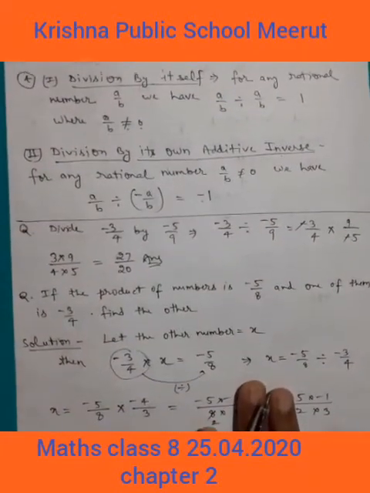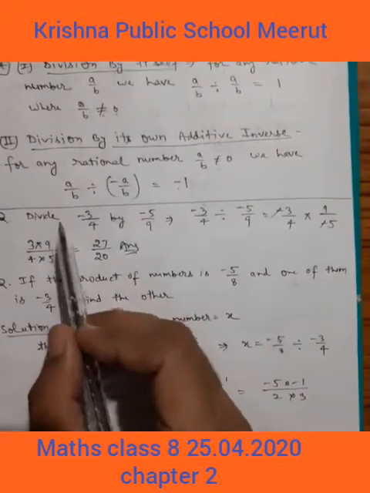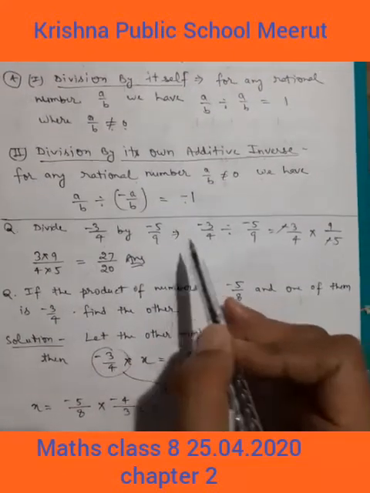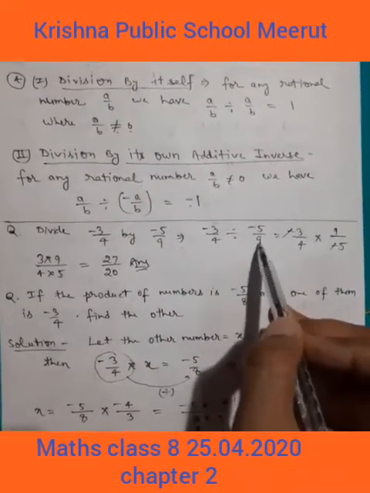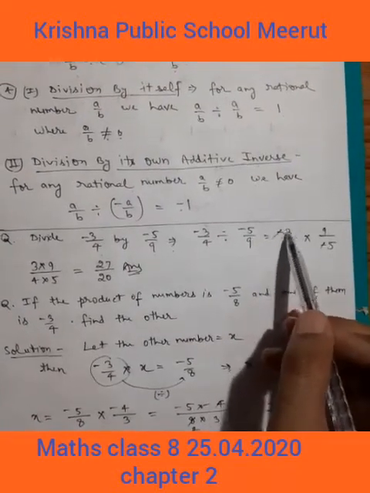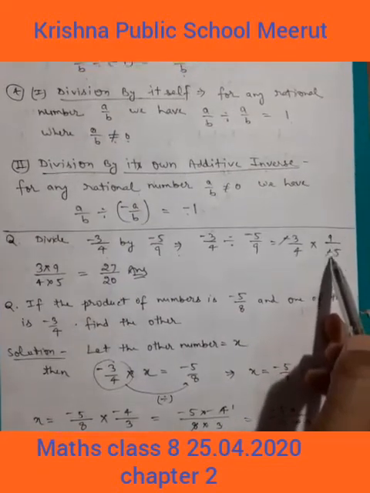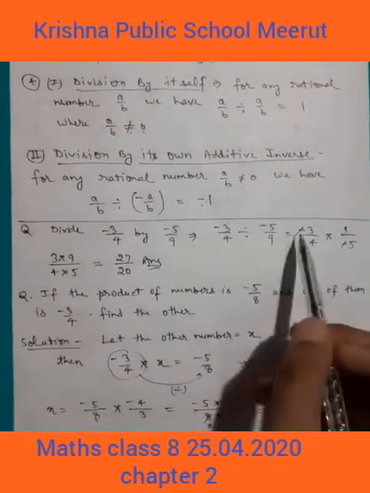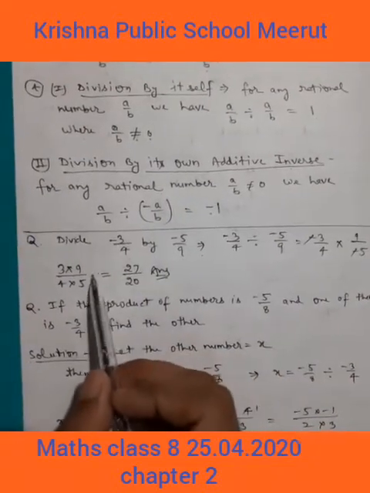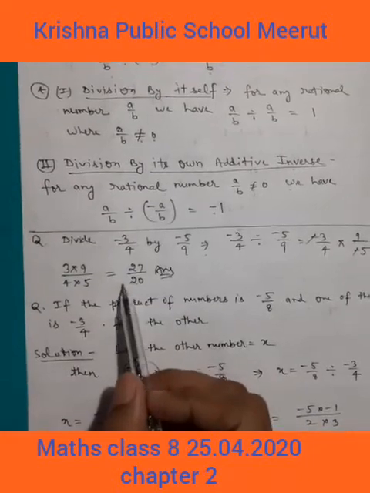Now here we will discuss some examples, some questions of your book. Divide minus 3 upon 4 by minus 5 upon 9, that is equal to minus 3 upon 4 divided by minus 5 upon 9. Then we change the order, that is minus 3 upon 4 into minus 9 upon minus 5, and here we cancel the signs, and the answer is 3 into 9 upon 4 into 5, that means 27